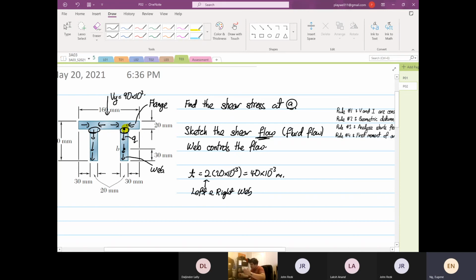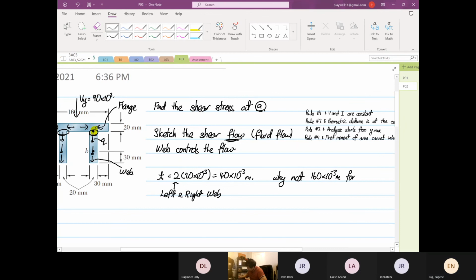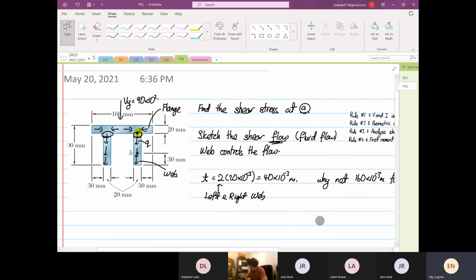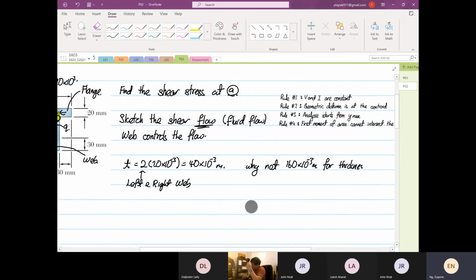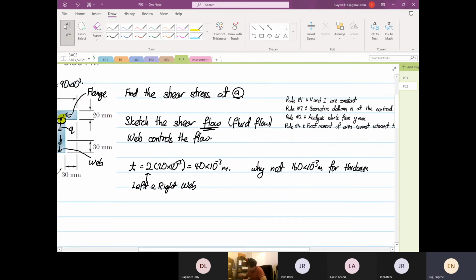Then the next thing you ask me, Eugene, is why not 160 times 10 to the power minus 3 meters for thickness? If you look at point A, it's at the intersection of the flange and the web. And why not 160 is because